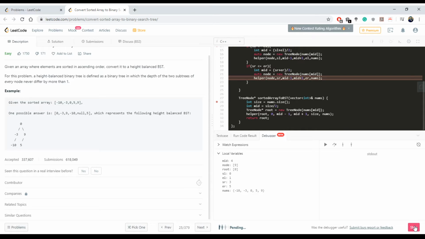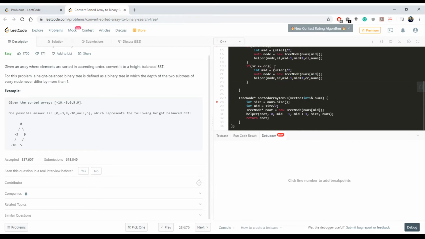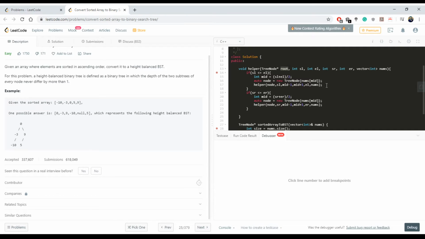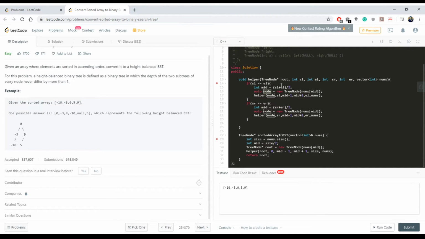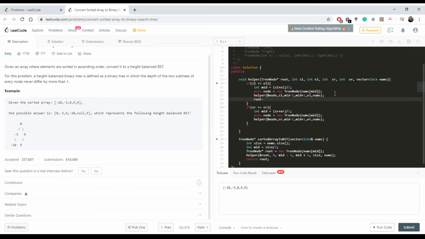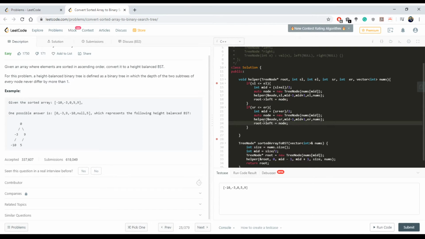So pass by reference. I'm not sure how we do it because I'm stupid, as you all know. Root left is node, and in this case, root